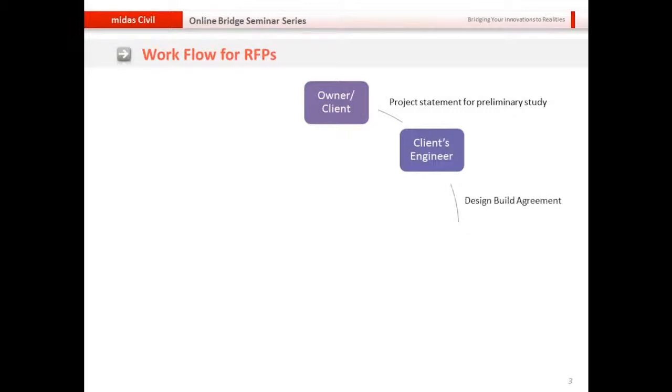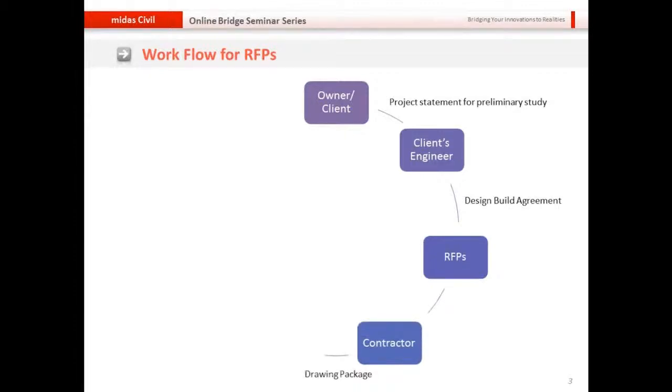And then the client engineer prepares a design build agreement, which is phased out for requesting proposals, and then the contractor cites these opportunities and creates a team with different components in it. So he has a team that will have a fabricator, environmental engineering firm, geotech engineering, design engineers. So he has a team with him. It's called a consortium, and from that consortium, he hands the